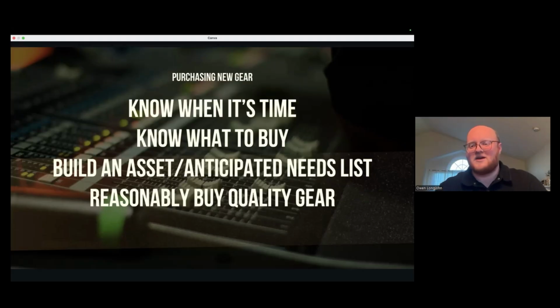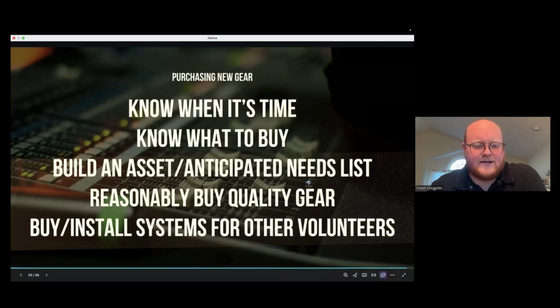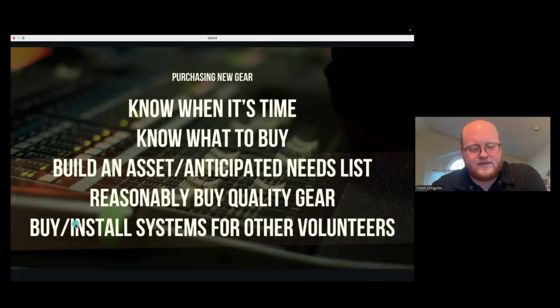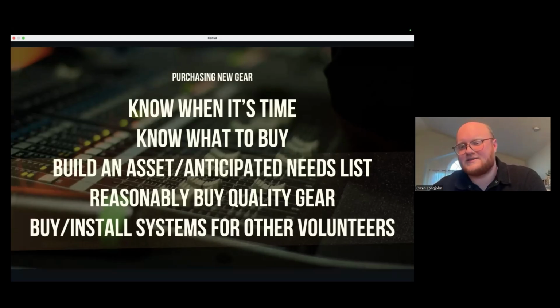So that's one other piece that I would throw out there. I wish I had more time to unpack that, but those are some different nuggets. This goes in with that last point: also try to buy and install things that are volunteer friendly. If it's quality gear, you also want it to be volunteer friendly. You're going to want to be able to train and equip them on that gear as well.